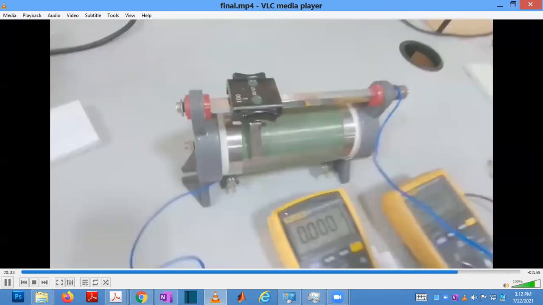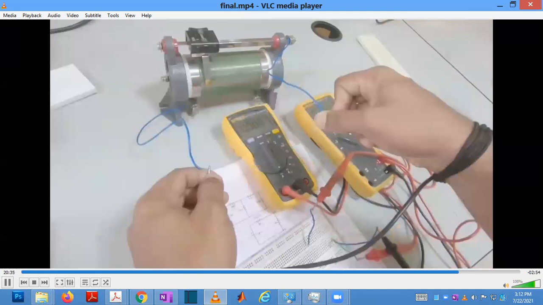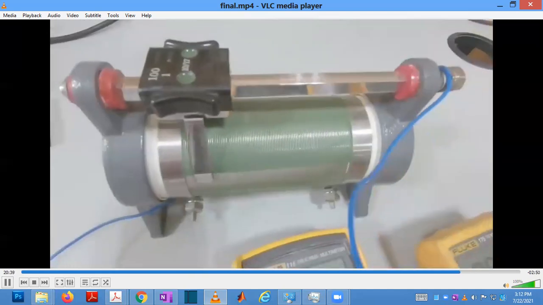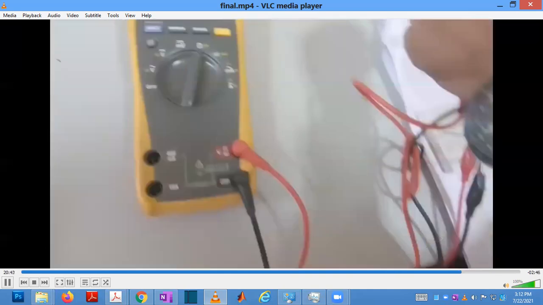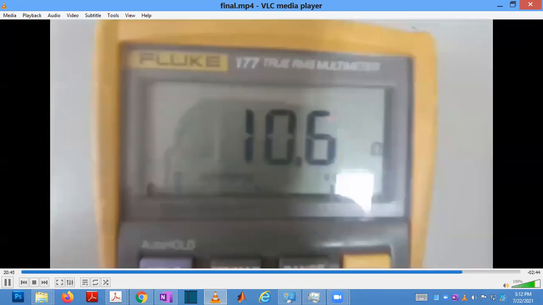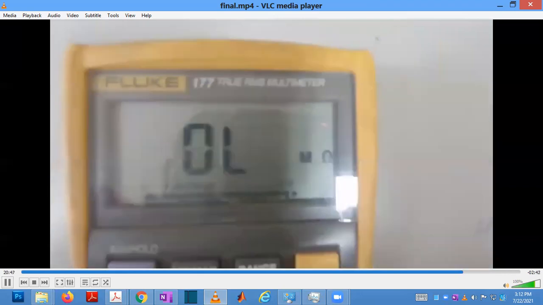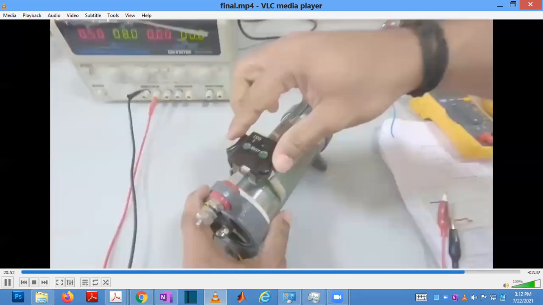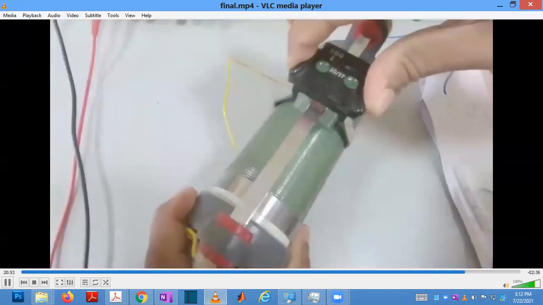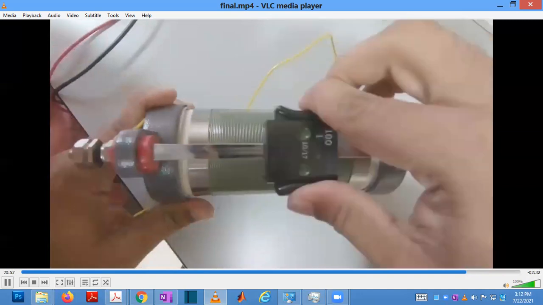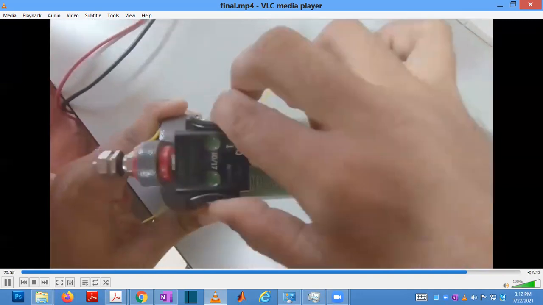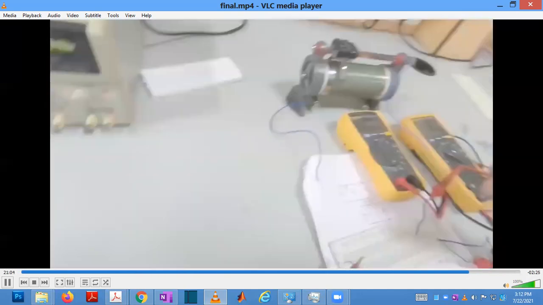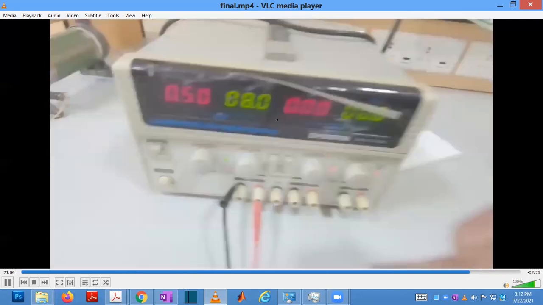So this is the rheostat. I am checking the rheostat resistance value. This one is actually a 300 ohm, 1 ampere rheostat. Now I have connected it and adjusted it to 10.6. So 10.6 is now the rheostat value. You can change the rheostat value from 0 to the maximum. So this is how it changes, and these two terminals you connect with the wires here and here.